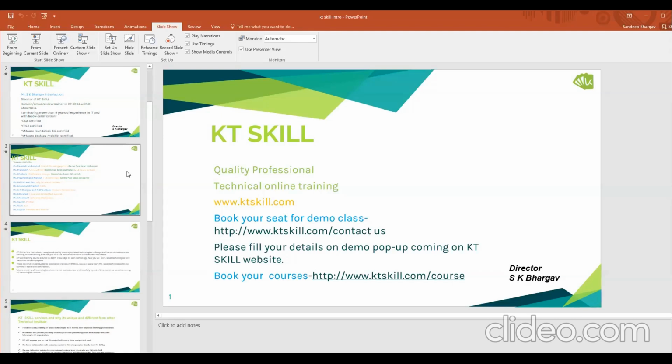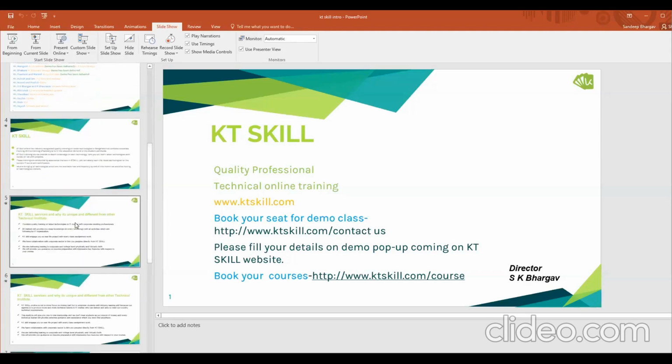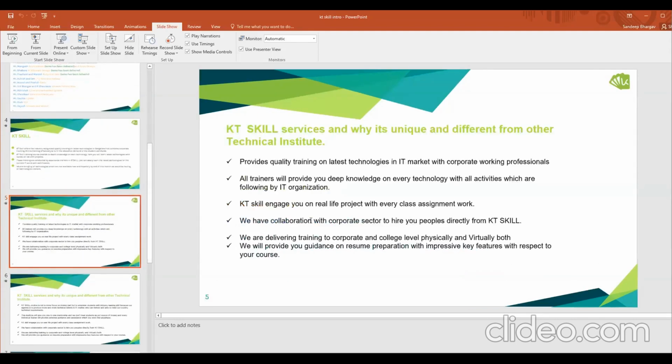The trainer will engage you to give corporate project experience. They will help you prepare your resume, guidance and all the stuff, one-to-one mocks, introduction of your course details with related interview questions. So all will be involved in this program.